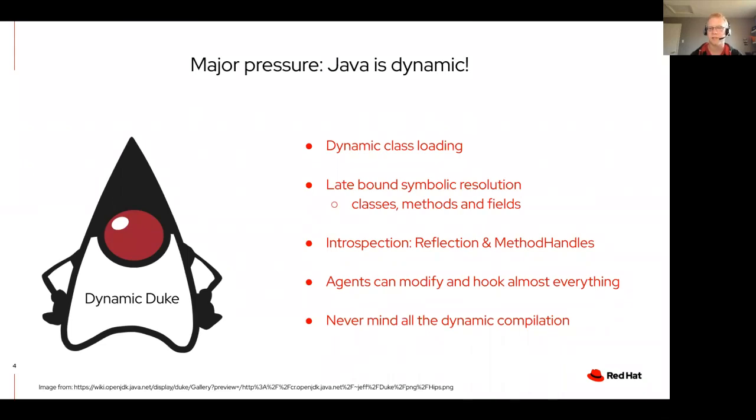major pressure is that Java is dynamic, and this has been one of Java's claims to fame since the beginning. Everything is dynamic. So classes, when you want one, you load them dynamically. You ask a class loader to load something by name, or you start talking about a new name in your source file, and that ends up resolving that name at runtime into a class. When you want to call a method, those methods get resolved at runtime. Fields the same. None of this is statically bound. In a language like C or C++, all of these lookups happen at compile time. They don't happen at runtime.